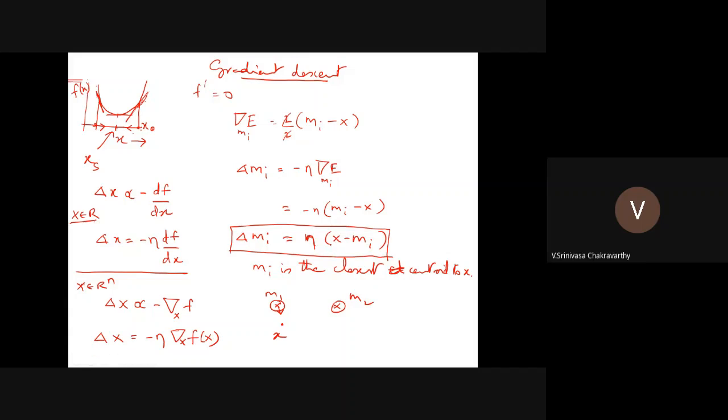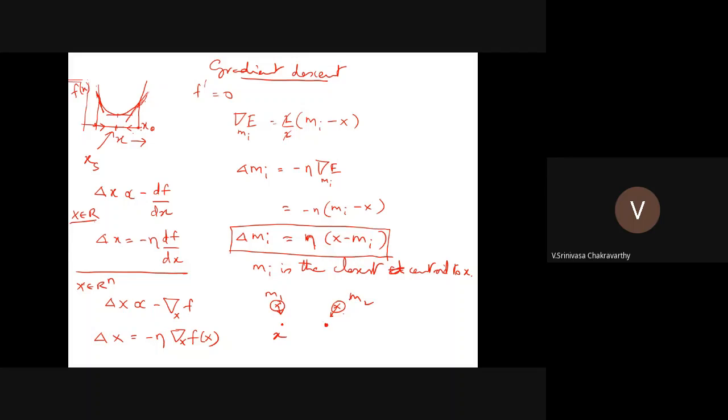Right. So you are moving your centroids towards data points. So next, maybe I take another data point which is somewhere here, and for this data point, the nearest centroid is m2. So I take m2 and move it towards this. So I keep on doing this for all data points, and ultimately I get a solution which will minimize this